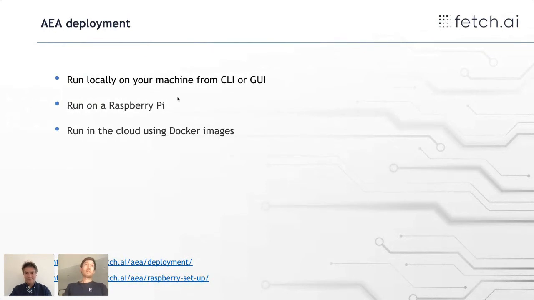You can run an AEA straightforwardly on a Raspberry Pi. A lot of the team members do that. Actually, it's a lot of fun, and it greatly utilizes the Raspberry Pi. Imagine, essentially you've got decentralized code and decentralized hardware. I mean, it can't get any better than that, probably.